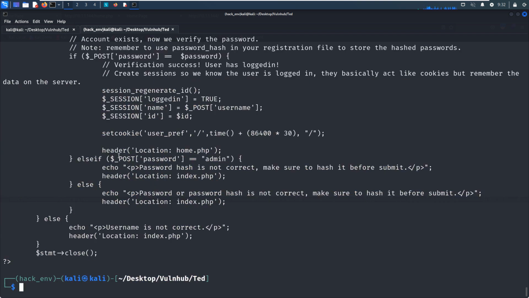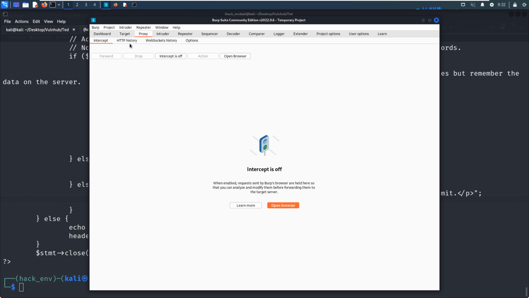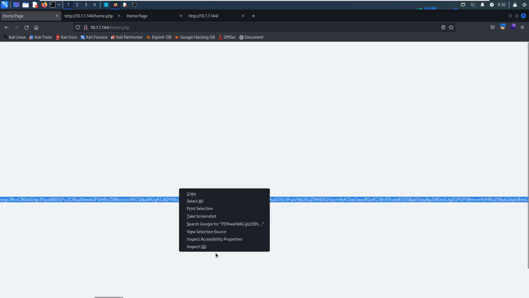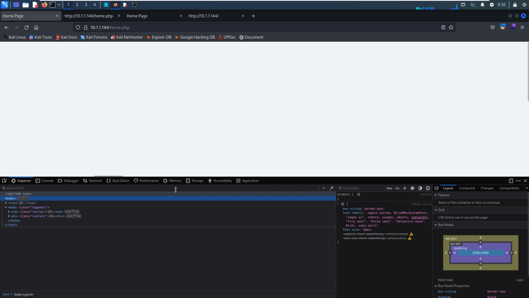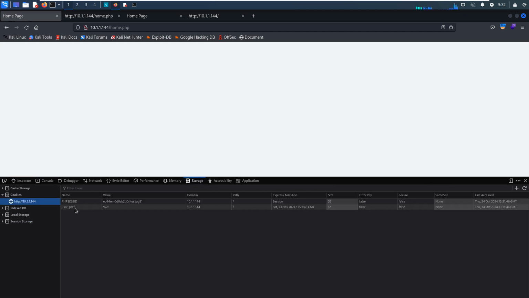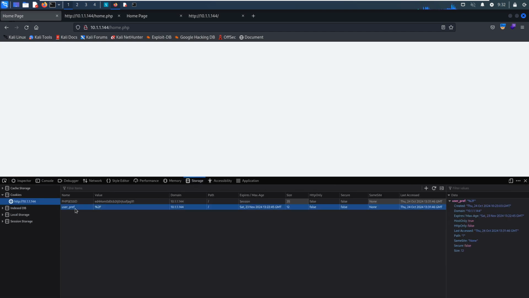So then we can get its source code and the cookie, and we'll set the cookie. Also, by analyzing, for example, if we open up the inspect and go to the storage, we know that the cookie has one key, user pref.